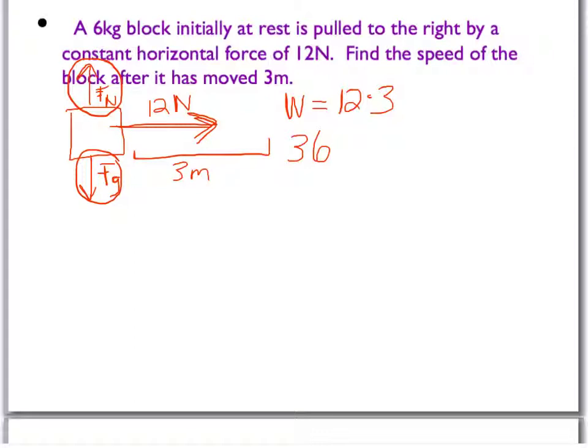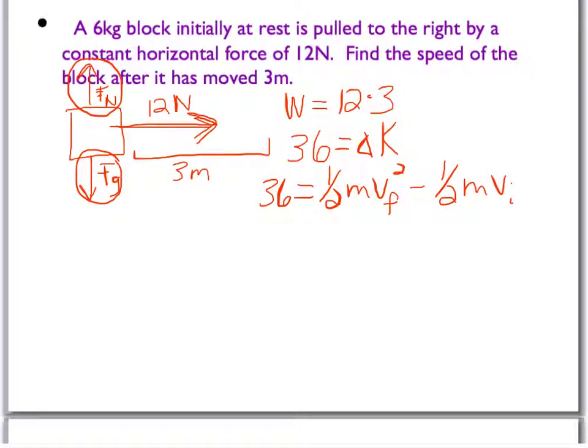We can take that amount of work and set it equal to the change in the kinetic energy. Basically what that means is we are setting this equal to a 1/2 mvf squared minus a 1/2 mvi squared. Now this block was initially at rest, meaning that vi was actually equal to 0, making this entire term go out to a 0. We can in fact put in the mass of the block, so I can place that value in there where the m was equal to 6, and vf is now the only variable that we do